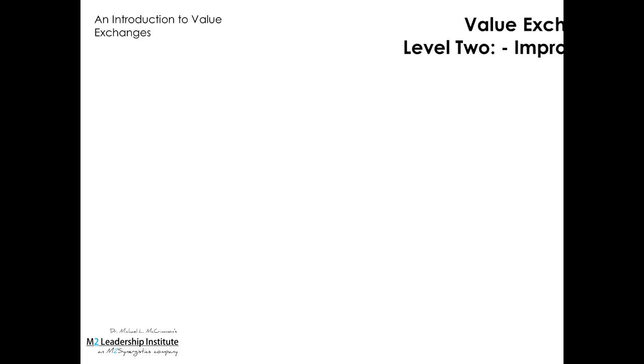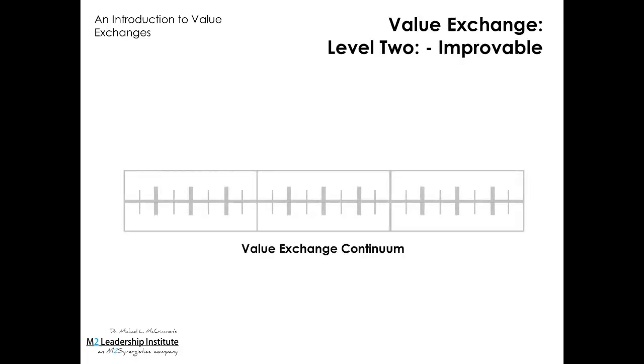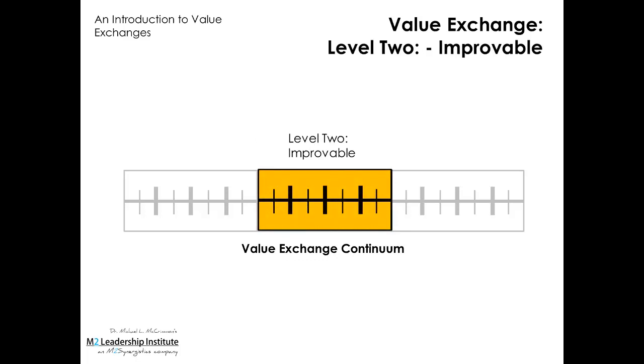The next value exchange is Level 2, or improvable, meaning a process of change or improvement done better by one entity than another. Level 2 takes the basic service or interaction in Level 1 and improves it to where it is better than you could do yourself. It tends to be more involved than Level 1, so there's more time involved and typically more costs. So the price point for something in the improvable value exchange costs slightly more than Level 1 transactional.